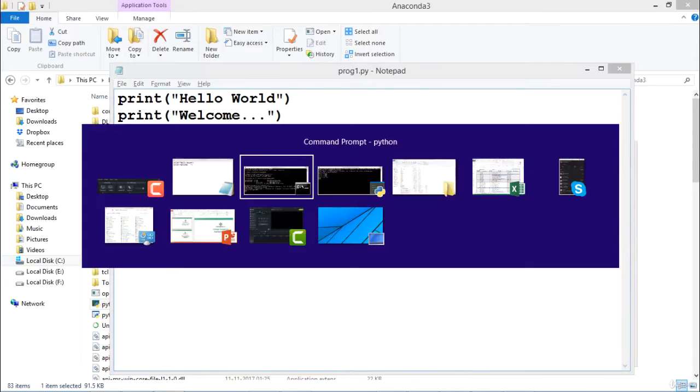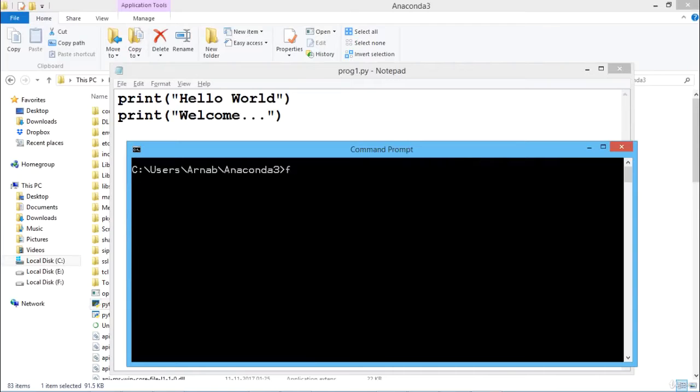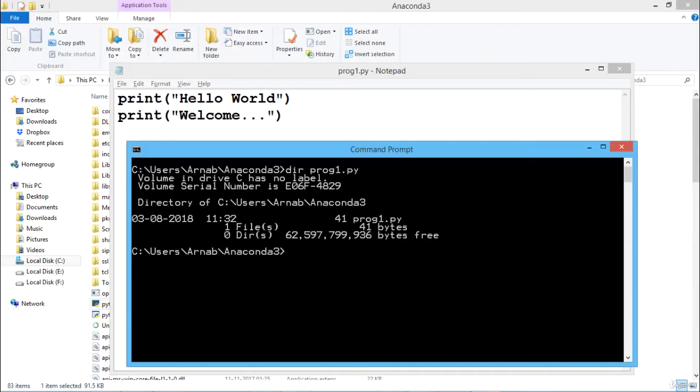Now I'm getting back to my prompt here. Let me check whether the file has been saved or not. Yes, the file has been saved with 41 bytes. Now we can execute this code using Python. Python will interpret this program.